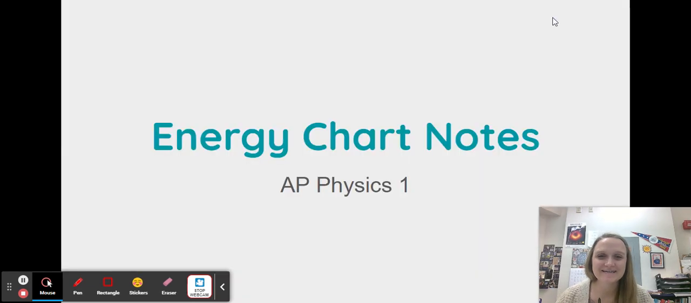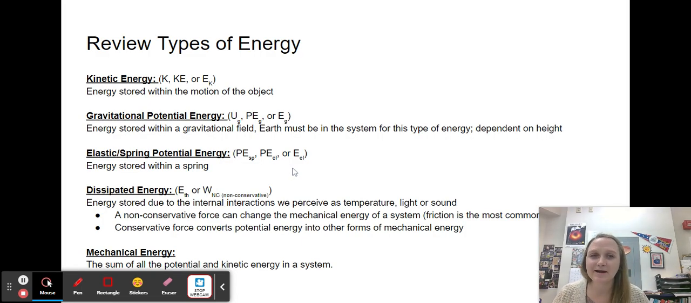All right, guys. Today we are going to talk about energy charts. When I'm talking about energy charts, I'm talking about how we can give ourselves a visual for what energy is happening at different times. This is kind of like when we did force diagrams, a super useful tool to help us really wrap our heads around problems. So, going into a review of a couple different